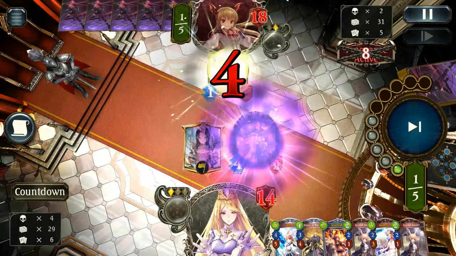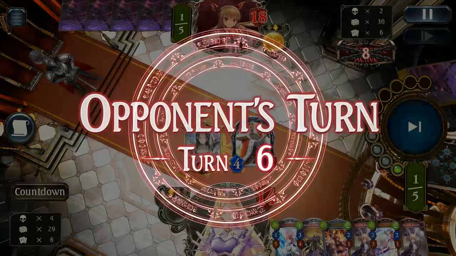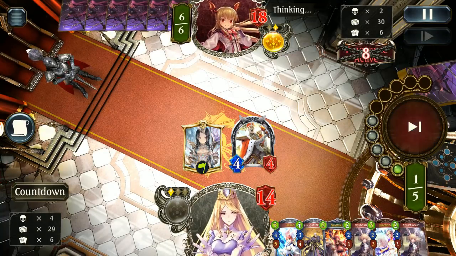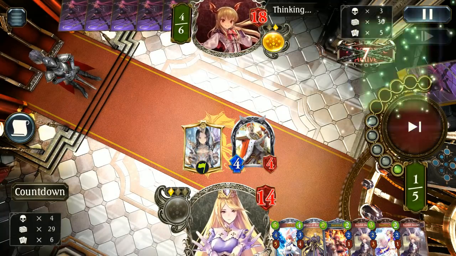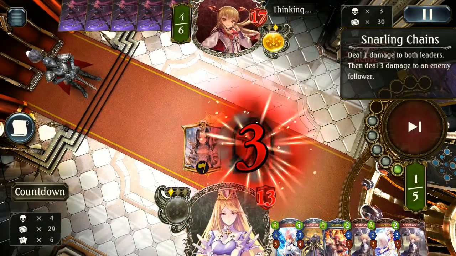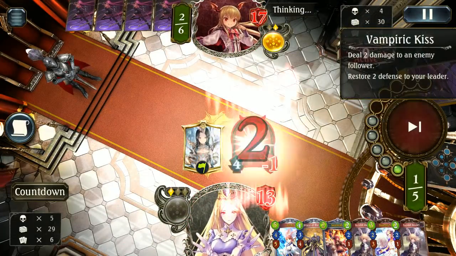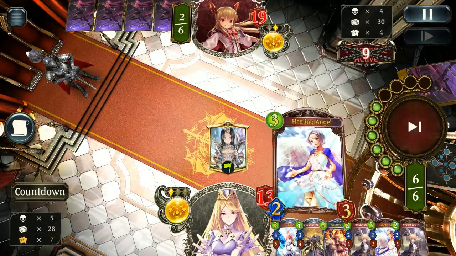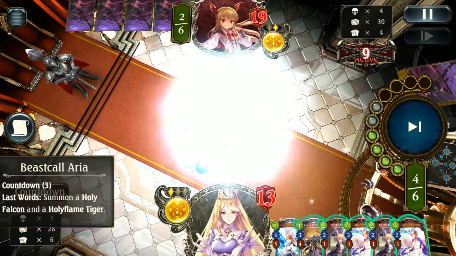So we get to remove it. Pretty good. I mean, you can't really go wrong removing a couple of cards. And leaving a good 4/4 body up. Snelling Chains though, kinda hurting me a little bit. Especially with Vampiric Kiss, sorry. It does boost them right up to full health nearly, but normally our turns are going to be quite heavy, so...